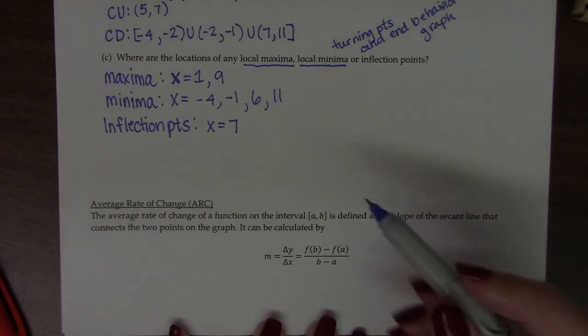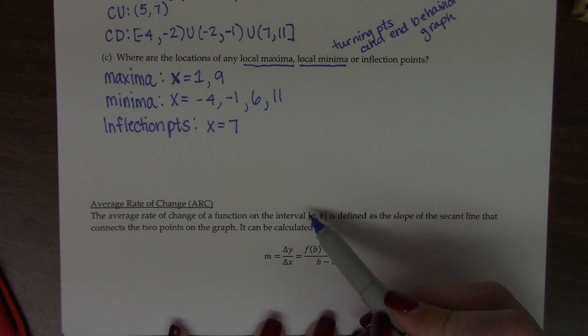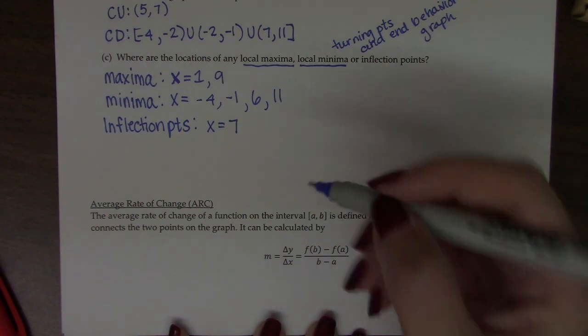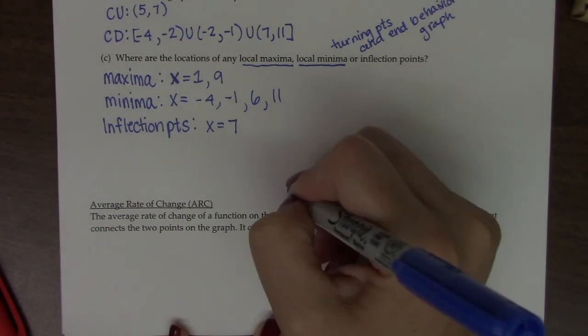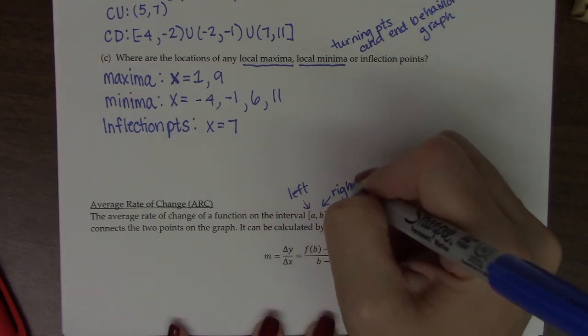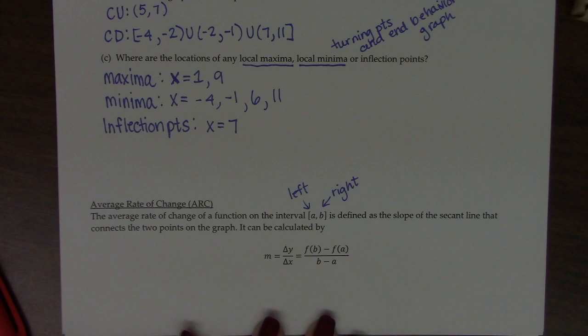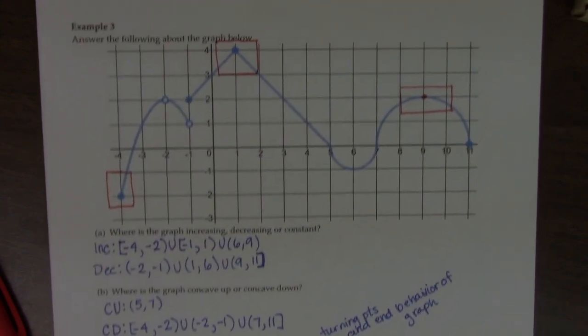the x values. Notice the interval is written a to b, so this is how you would read it on the x-axis, from left to right, right? So this number is on the left, this number is on the right, but notice when we're measuring the change, we're kind of doing final minus initial, so the order here appears to switch when we're calculating it out by hand. So let's look at an example